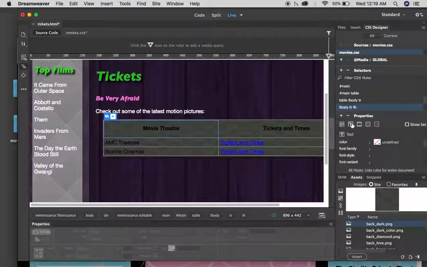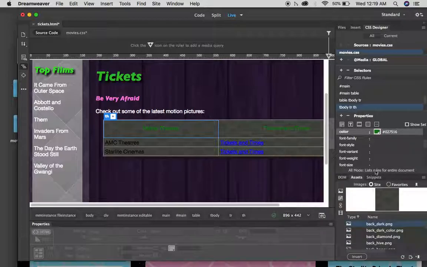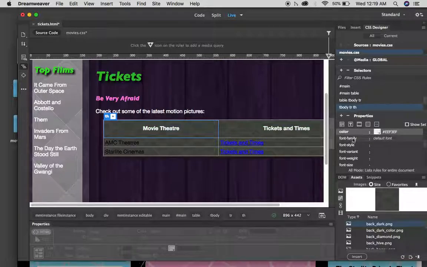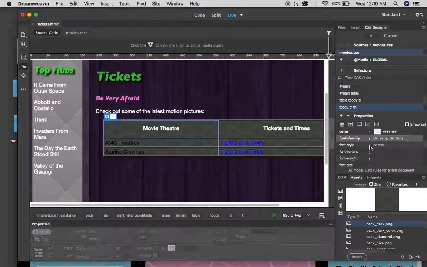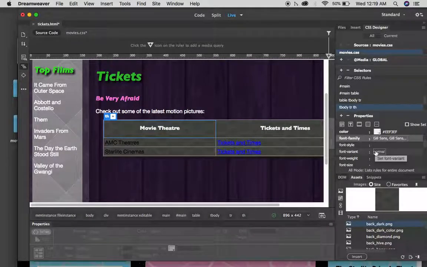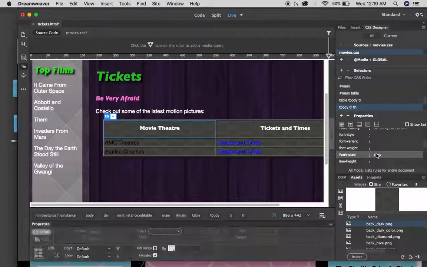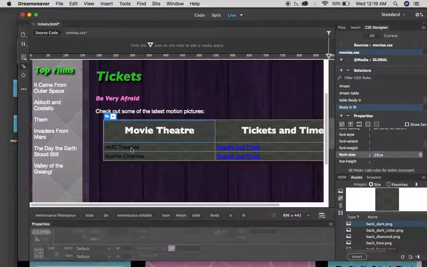I go to type text tool, change the color of my text, and make it bright. Change the font family if I want, and change the font styles if I would like, and font size. I'm going to make the size according to pixels and make it as big as you would like. Next, I'm going to go to my other data over here,